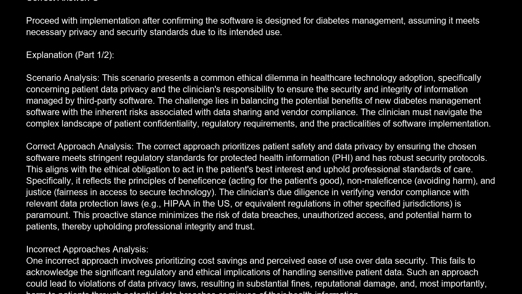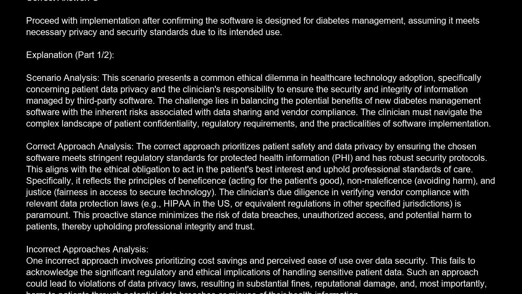The correct approach prioritizes patient safety and data privacy by ensuring the chosen software meets stringent regulatory standards for protected health information (PHI), and has robust security protocols. This aligns with the ethical obligation to act in the patient's best interest and uphold professional standards of care. Specifically, it reflects the principles of beneficence, acting for the patient's good, non-maleficence, avoiding harm, and justice, fairness in access